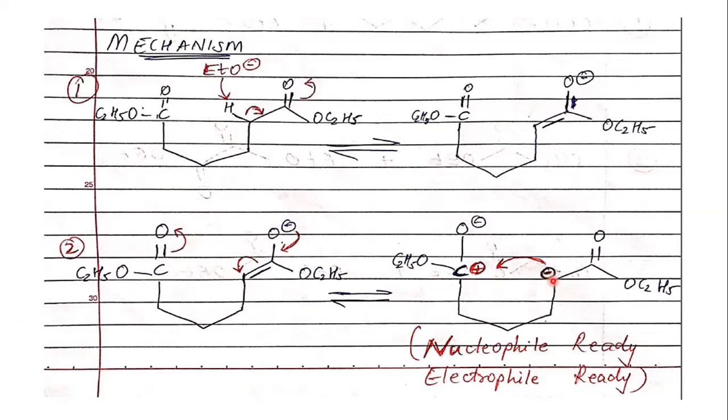Now this has become the nucleophile, whereas the other ester carbon, the other carbonyl carbon of the diethyl ester you had started with, now this double bond goes up, the O will carry a negative charge, and this carbon will now develop a positive charge. So now your electrophilic center is generated, and your nucleophilic center is also generated. In the same molecule, the same starting material, the nucleophile is ready and the electrophile is ready. So now the next step is quite easy. The nucleophilic carbon is going to attack your electrophilic carbon.